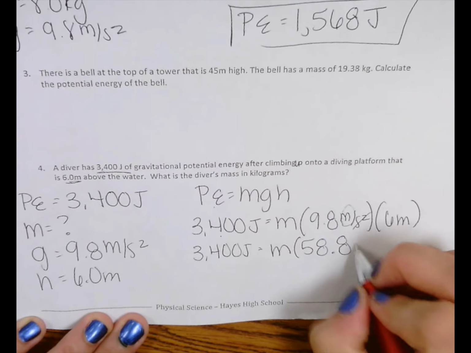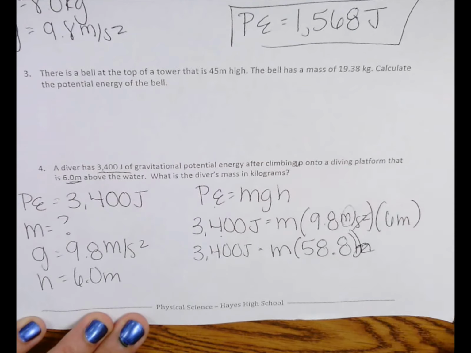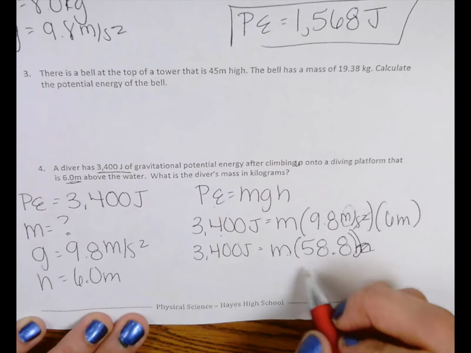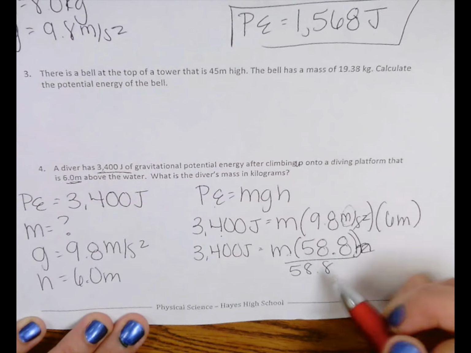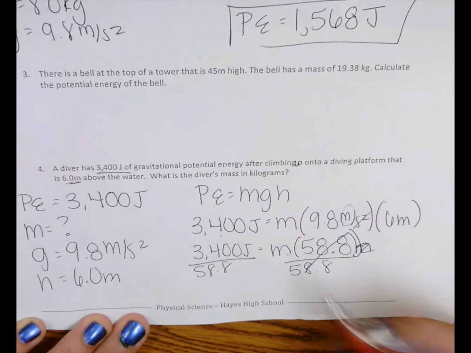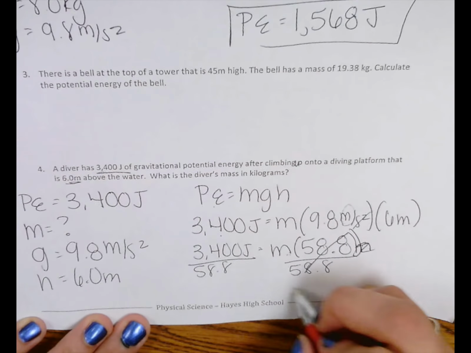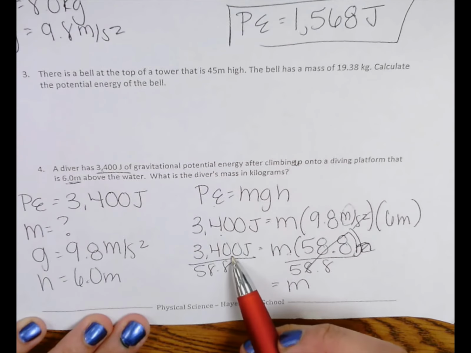Seconds are going to be lost, so 58.8 times the mass. Divide that by this number, 58.8. That will cancel out. Divide this side by 58.8. What you will be left with is m on this side, and 3,400 divided by 58.8 gives us